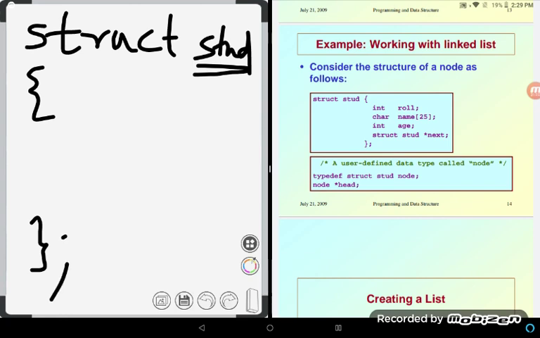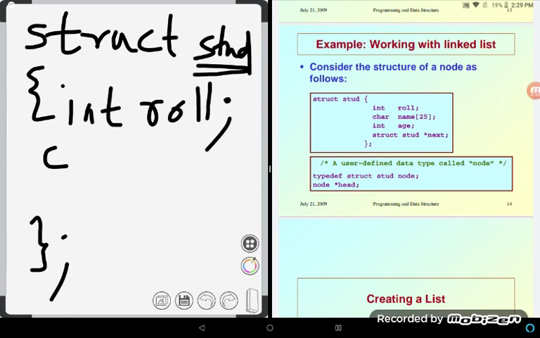In between that, you should remember the table I drew previously. The first column was roll number. What was the data type? Roll number is normally an integer. Therefore, int roll. The second one was name.